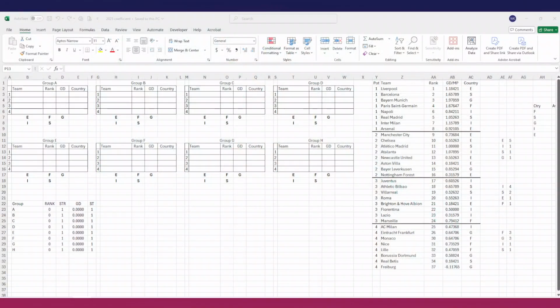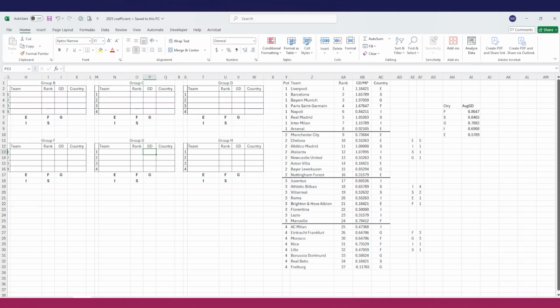Back to this. Here's the issue with this tournament and playing cross league: how do you balance out the strength of the two different leagues? We've already talked about how I developed the coefficient using the UEFA country coefficients, which rate how the teams did in the Champions League, the Europa League, and the Europa Conference, where the Premier League did really, really well. I take a combination of the last 5 years and weight it more heavily towards the recent year and less heavily towards the 5th year out. That's how I came up with this coefficient.